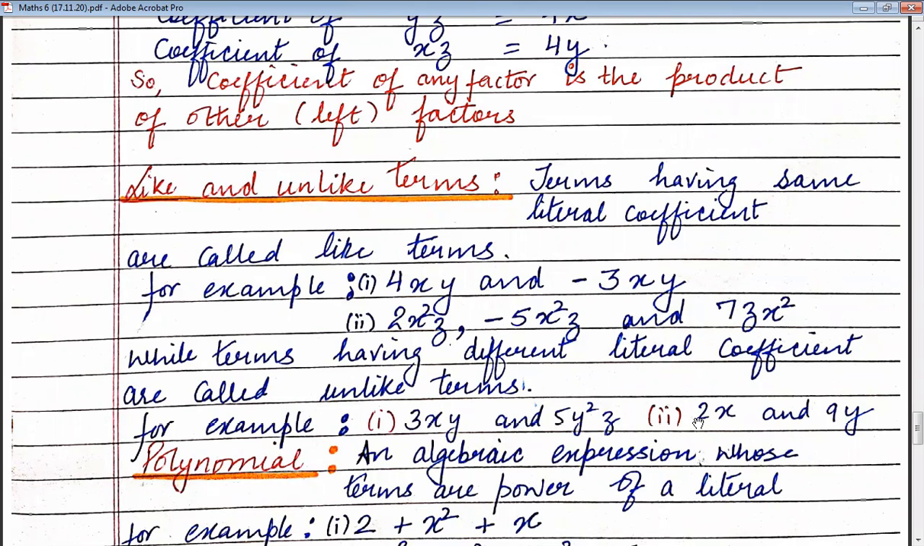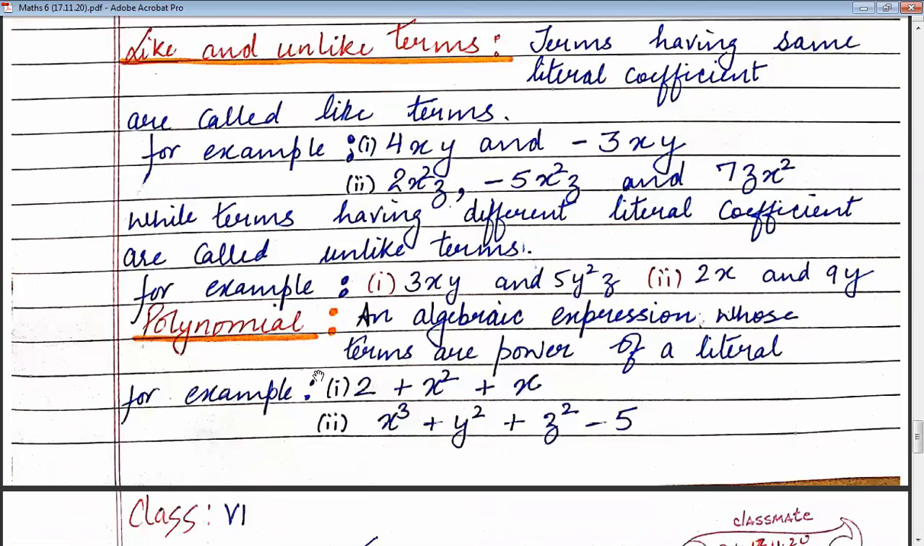Next example, 2x and 9y. Here the literal is x and in another one the literal is y. So again they are not same. So I hope you are clear with like and unlike terms. Like terms are those terms in which we are having same variables, same literal coefficients. Okay. Now let's move on to the